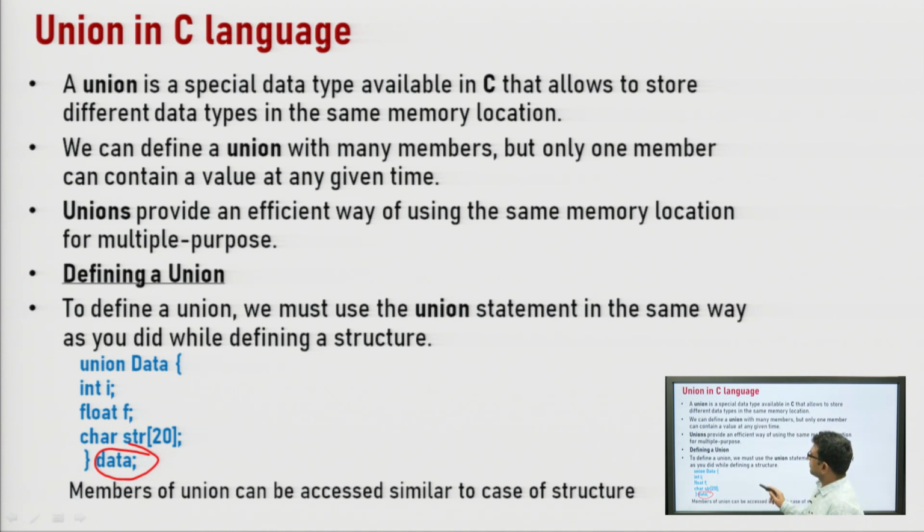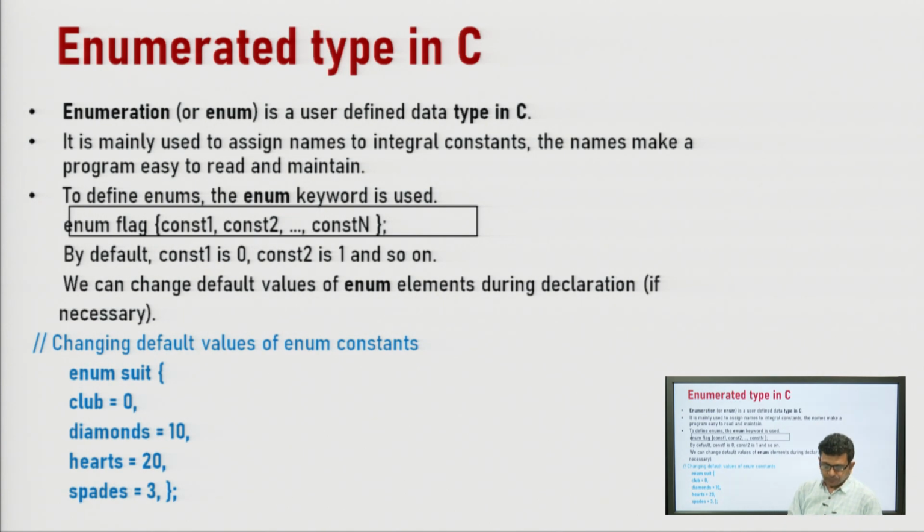But the difference between a union and a structure is that in the case of a union, the compiler allocates only a single block of memory for the elements of a union, and the elements are stored one by one in that memory allocation, while in the case of a structure, the compiler allocates memory individually for each member of the structure. So, basically if we talk about memory utilization, in that case union is better than the structure. Now, this is all about the union in C.